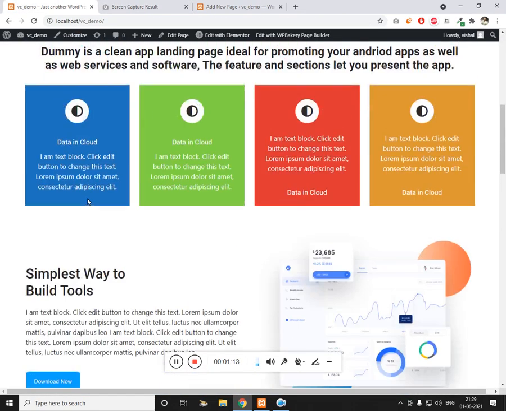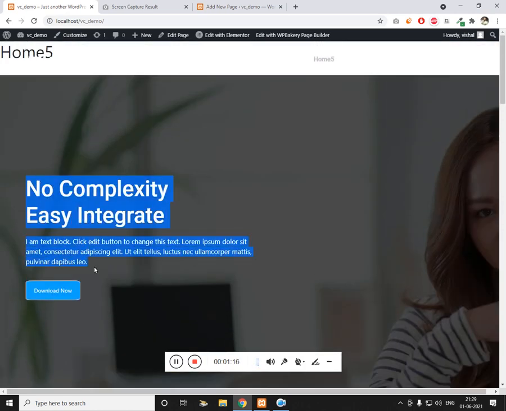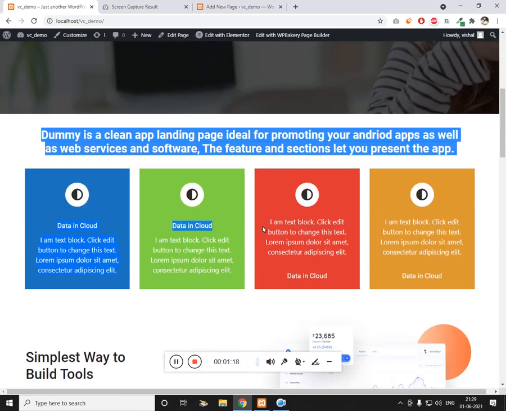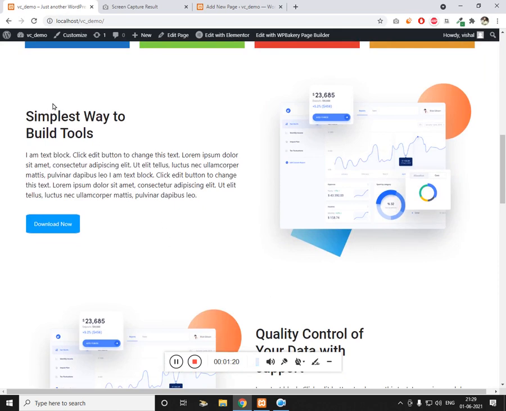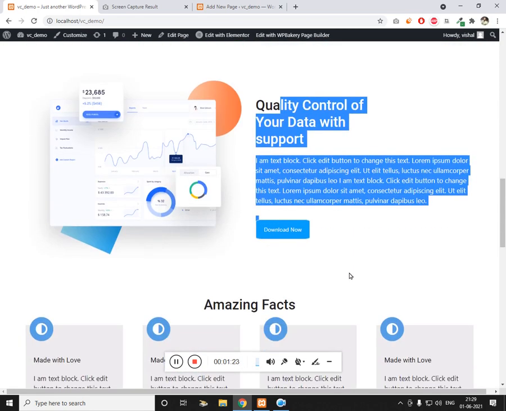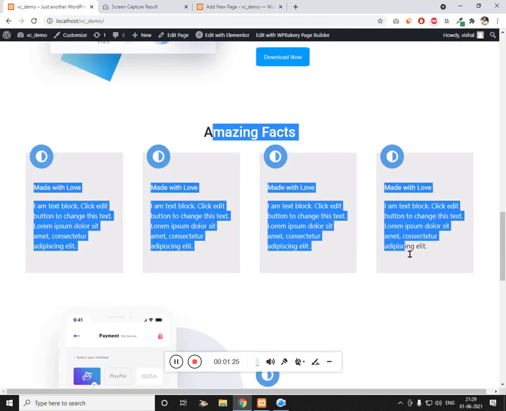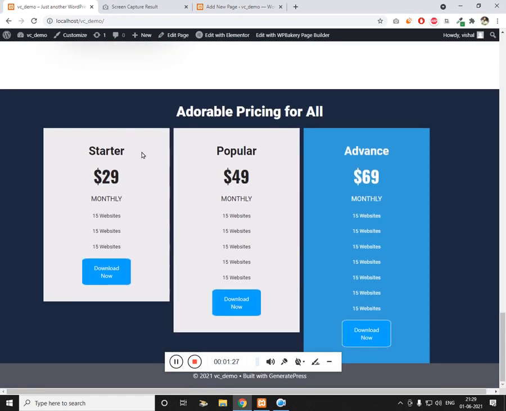Now this is the working layout: banner section, the grid section, about us, and icon box, and finally